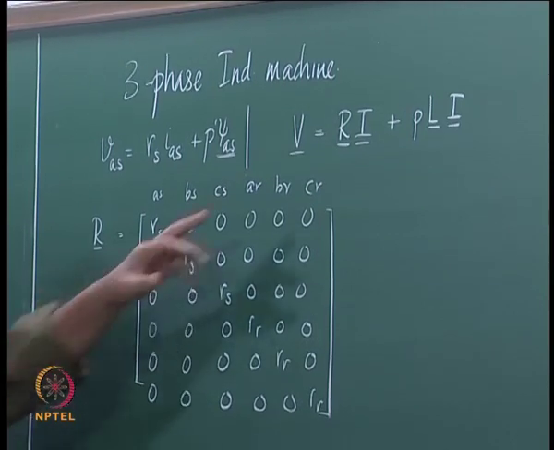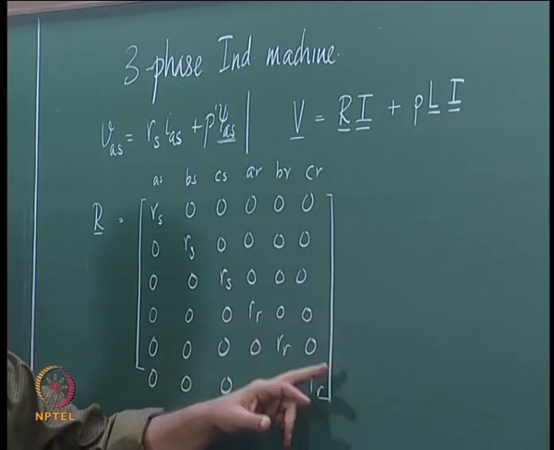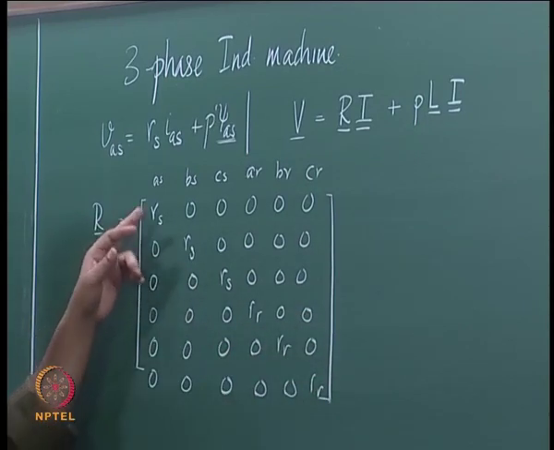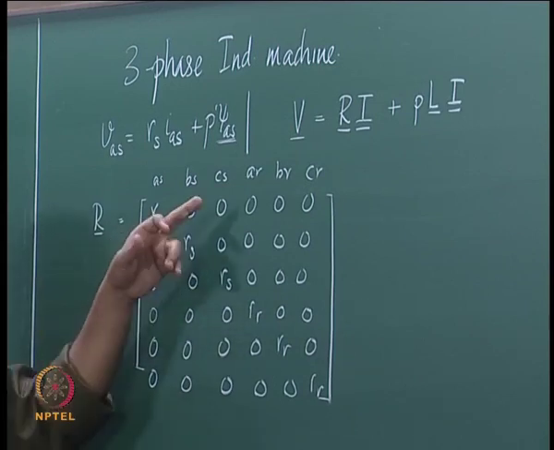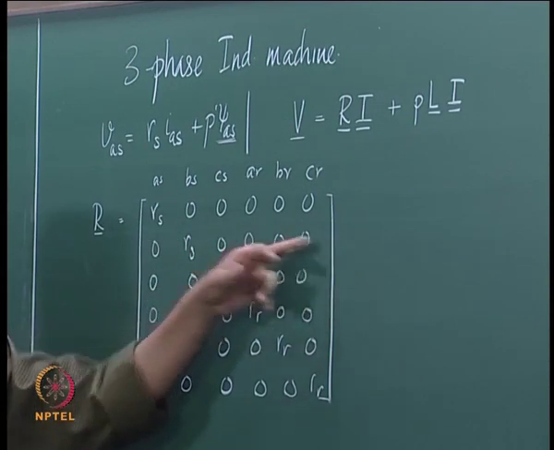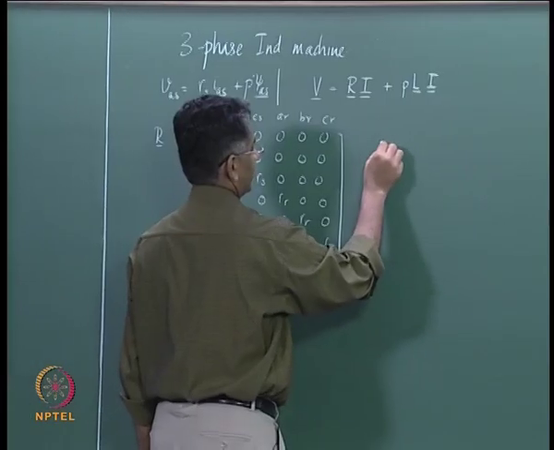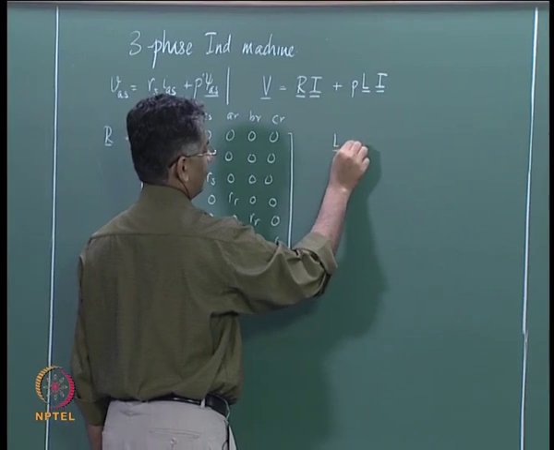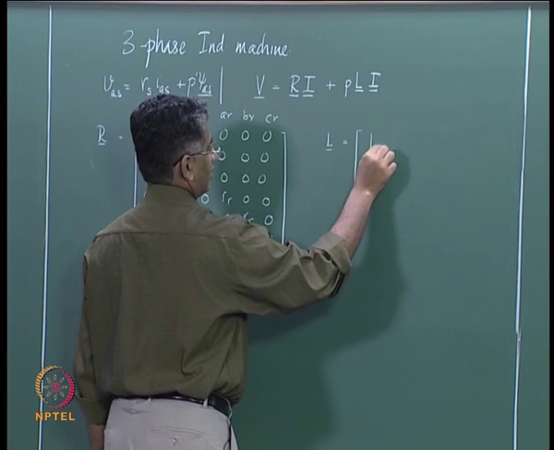This is multiplied by the vector I, which means IAS, IBS, ICS, IAR, IBR, ICR. So you get RS into IAS for the first row, RS into IBS for the second row, and so on. The inductance matrix, which is L, could be written as L11,